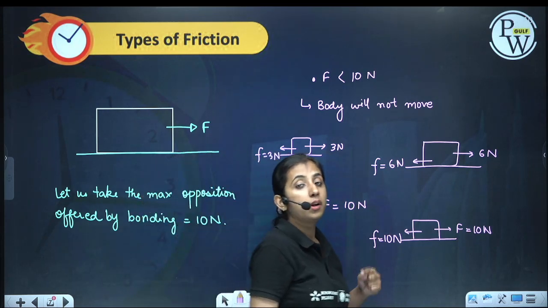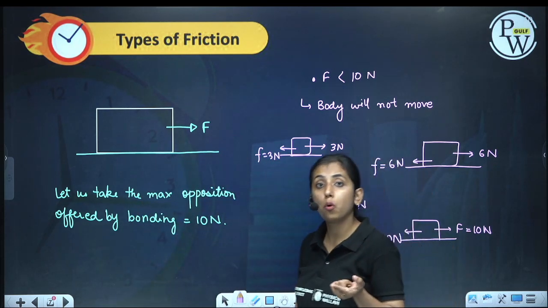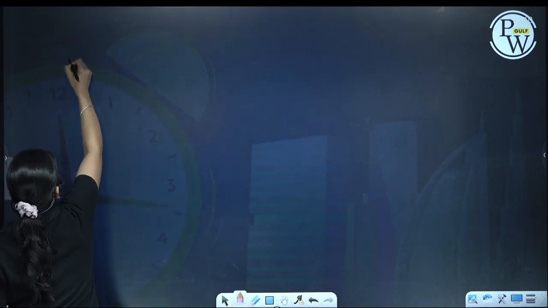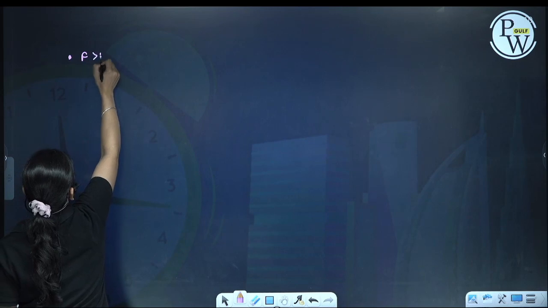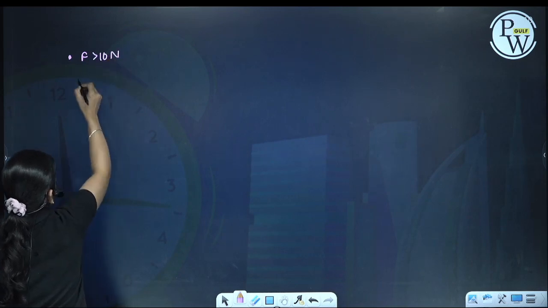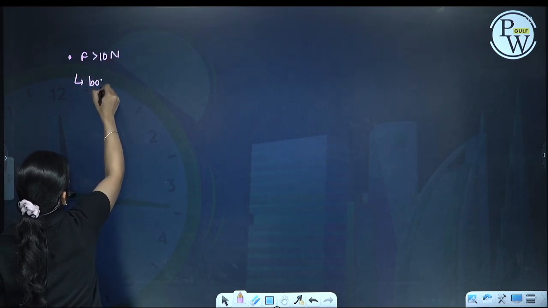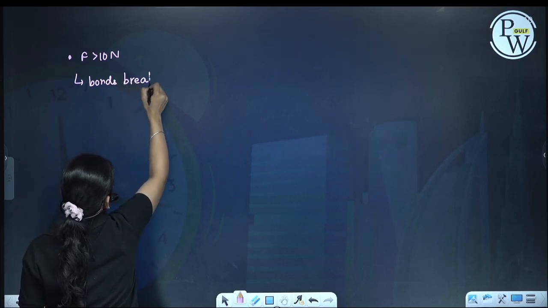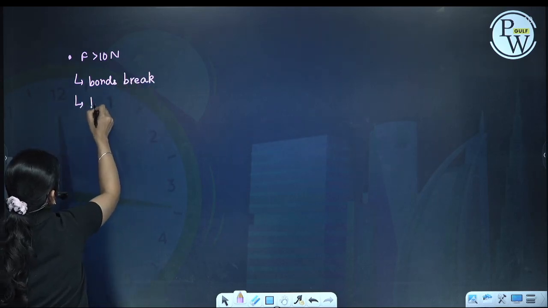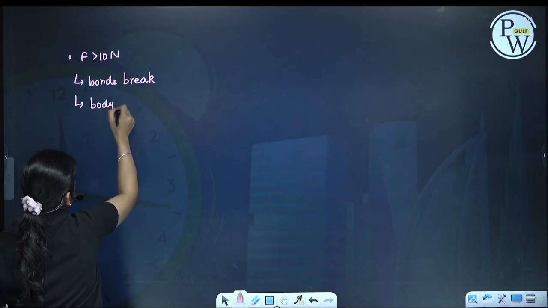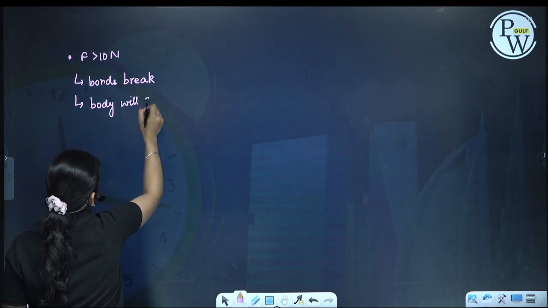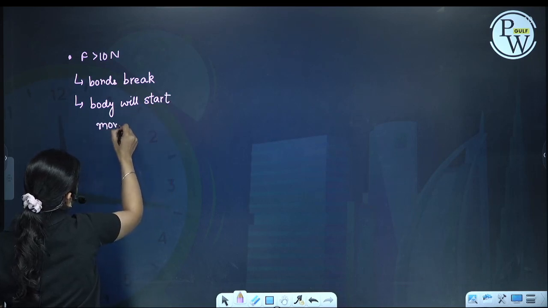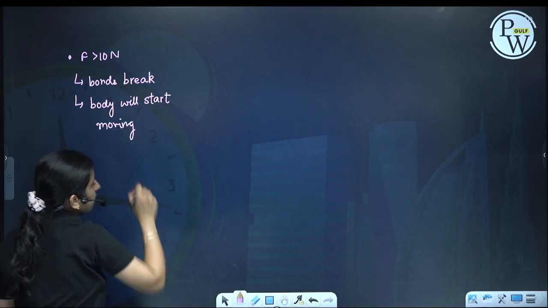Now as soon as we apply a force greater than 10 Newton, what will happen? Bonds will break. Body will start moving. Now because the body is in motion,